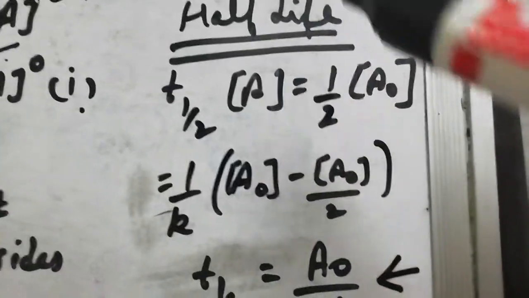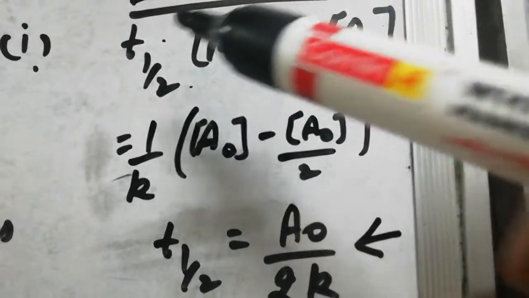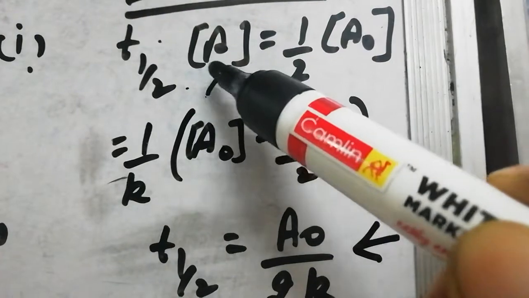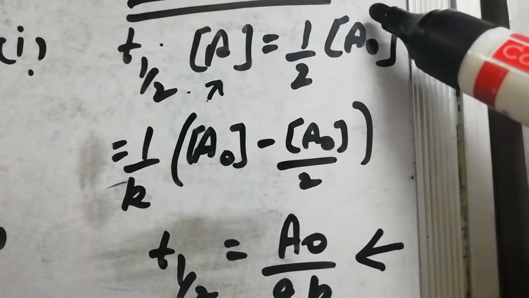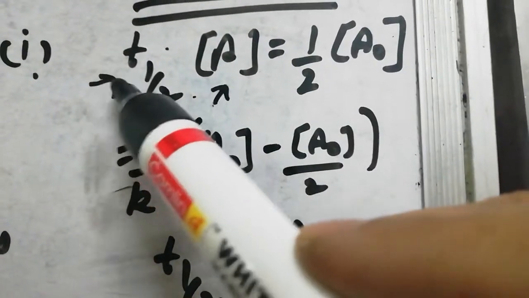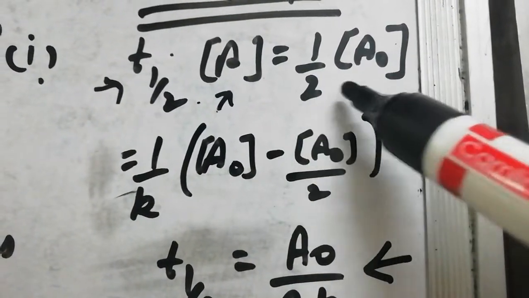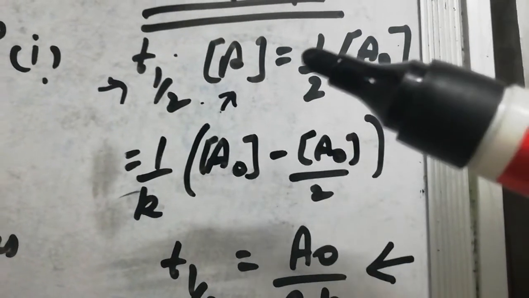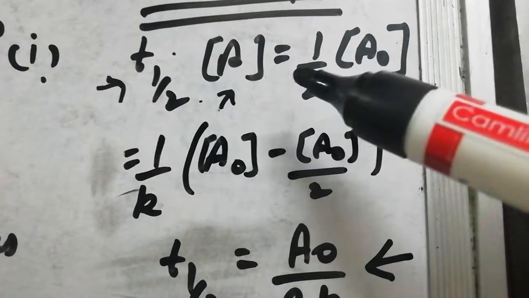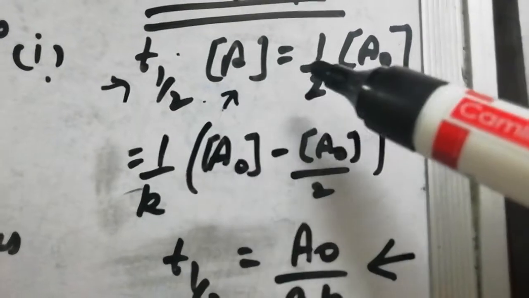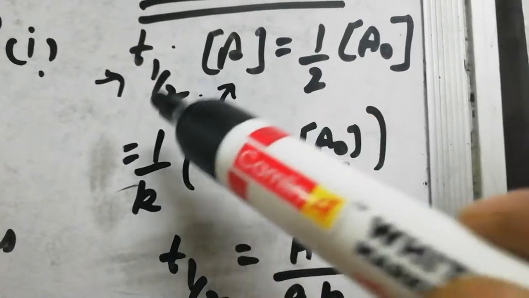Now we want to find the half-life of zero order reactions. Write down what is half-life. Half-life is the time in which concentration of reactants is reduced to half of the initial concentration. Here we have supposed that initial concentration is A naught. So when half time will be there, concentration of reactant A will be equal to half of the initial concentration. Like for example, you have taken 10 gram of a reactant and after half time has passed, the reactant will be left to 5 grams. So that time you will note down, when the reactant will be left to 5 grams, that will give you the half-life.